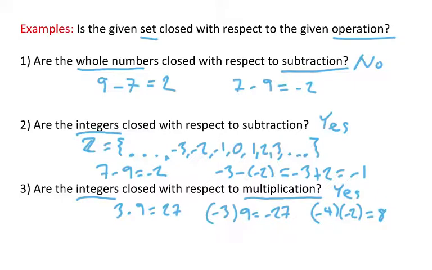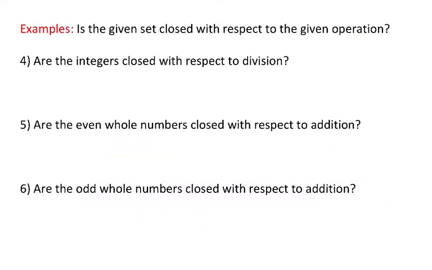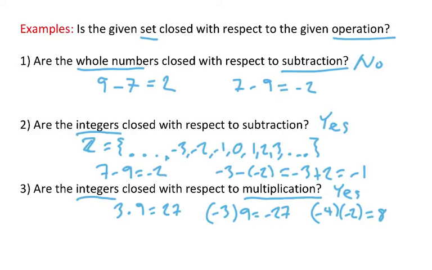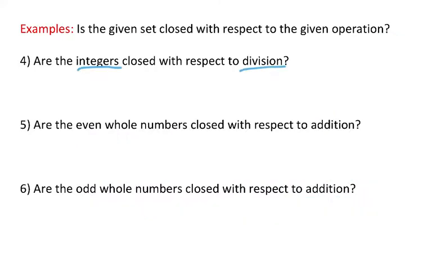So the integers are closed with respect to multiplication. A couple more examples. Are the integers closed with respect to division? You might remember we just figured out that the integers are closed with respect to multiplication. What about division? And the deal is, this means that no matter which two integers you pick, anytime you pick